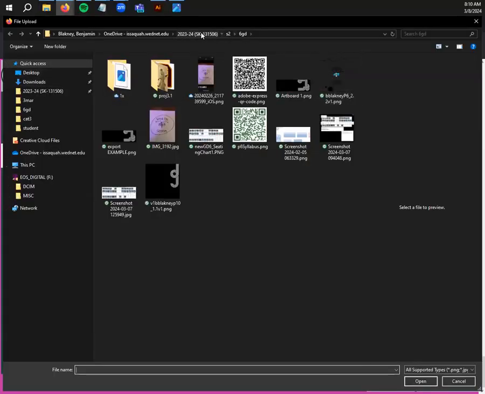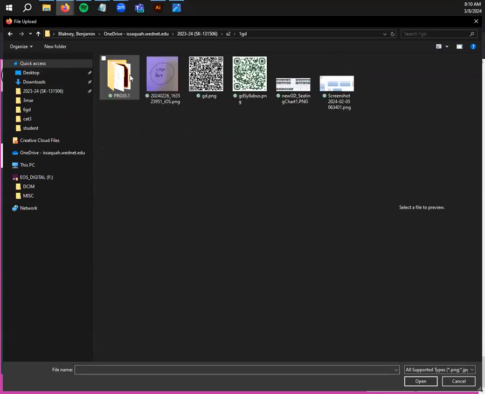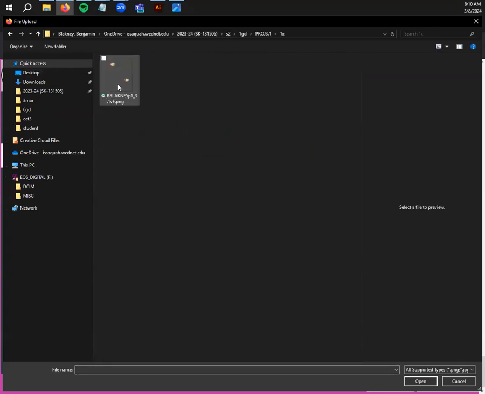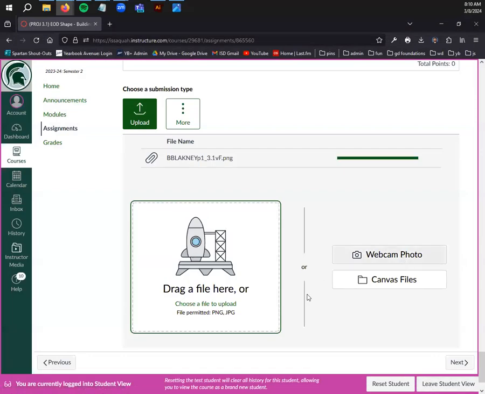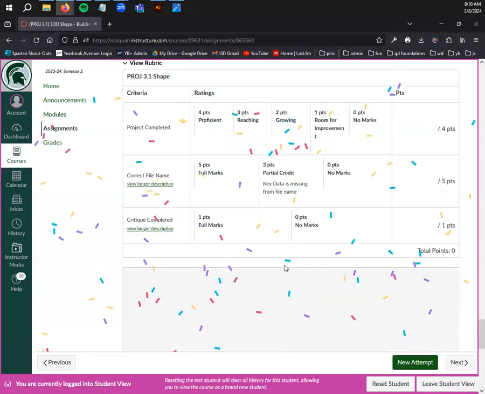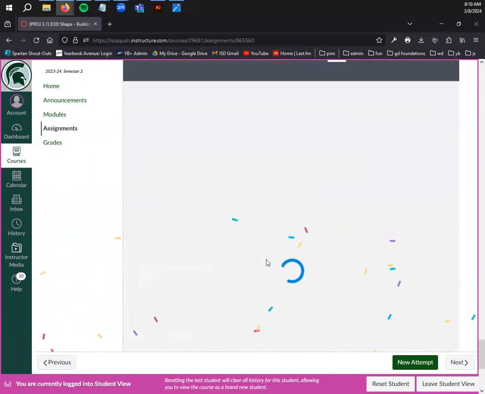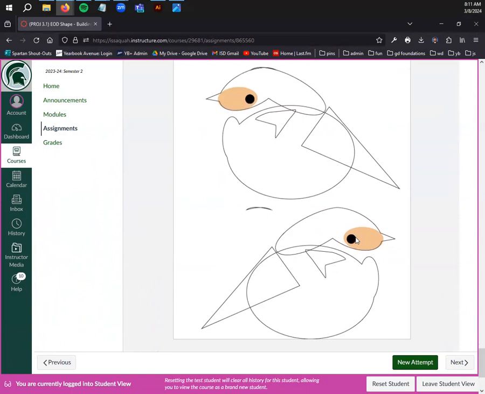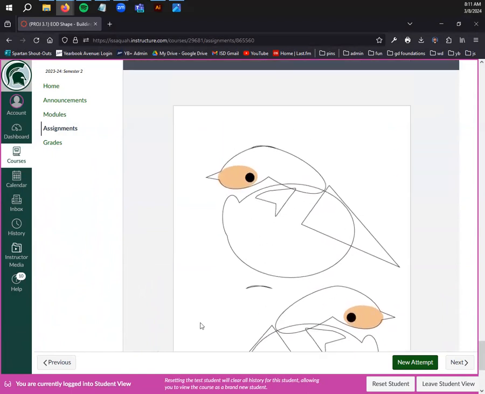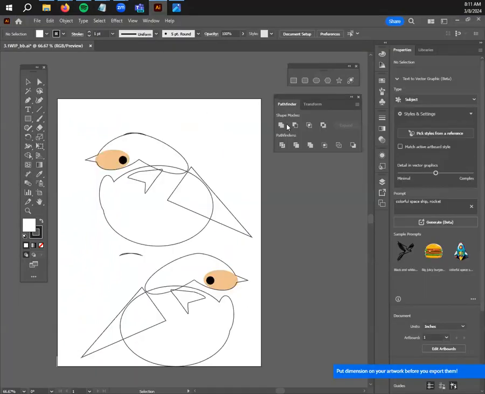So if we go to Canvas, scroll down to the bottom, submit an assignment. Let's see, find my way to my first period graphic design folder. There's project 3.1 in the 1x folder. I have my thing here. It's going to upload. You guys know how to upload, but I'll show you that even if it looks kind of funky in the Windows Explorer preview, it looks correct when you upload it to Canvas. So you do not need to include your images in the export.